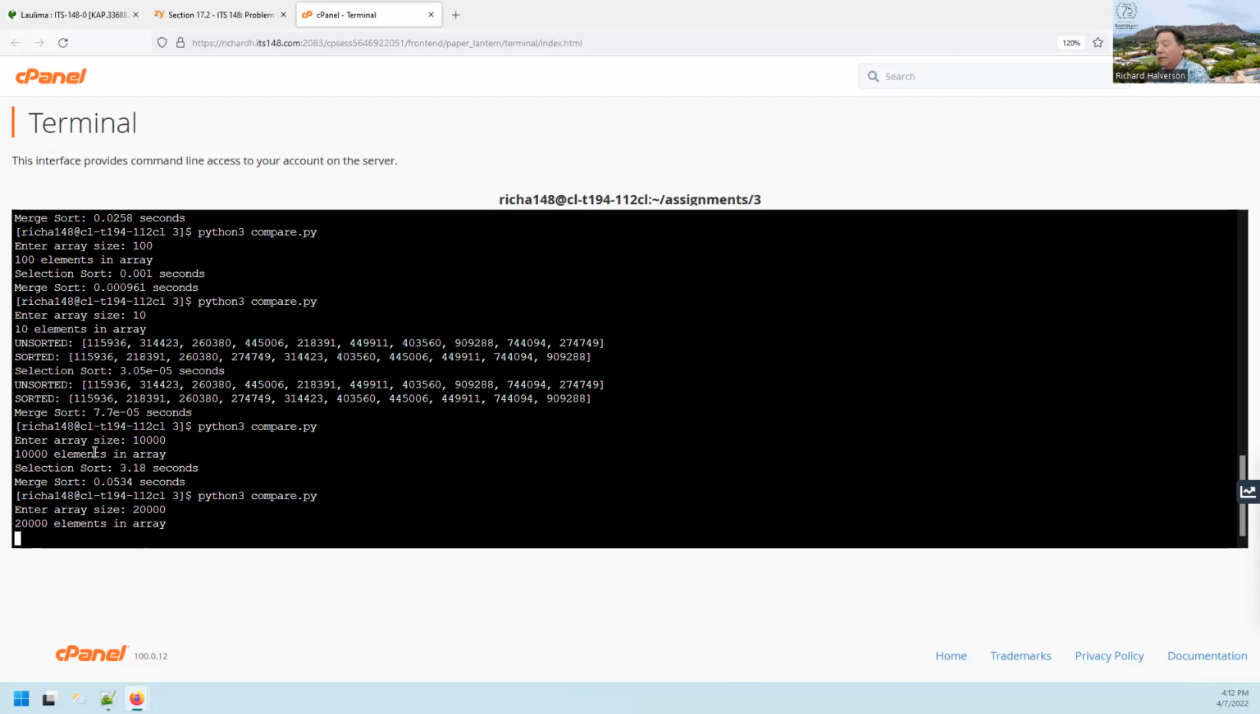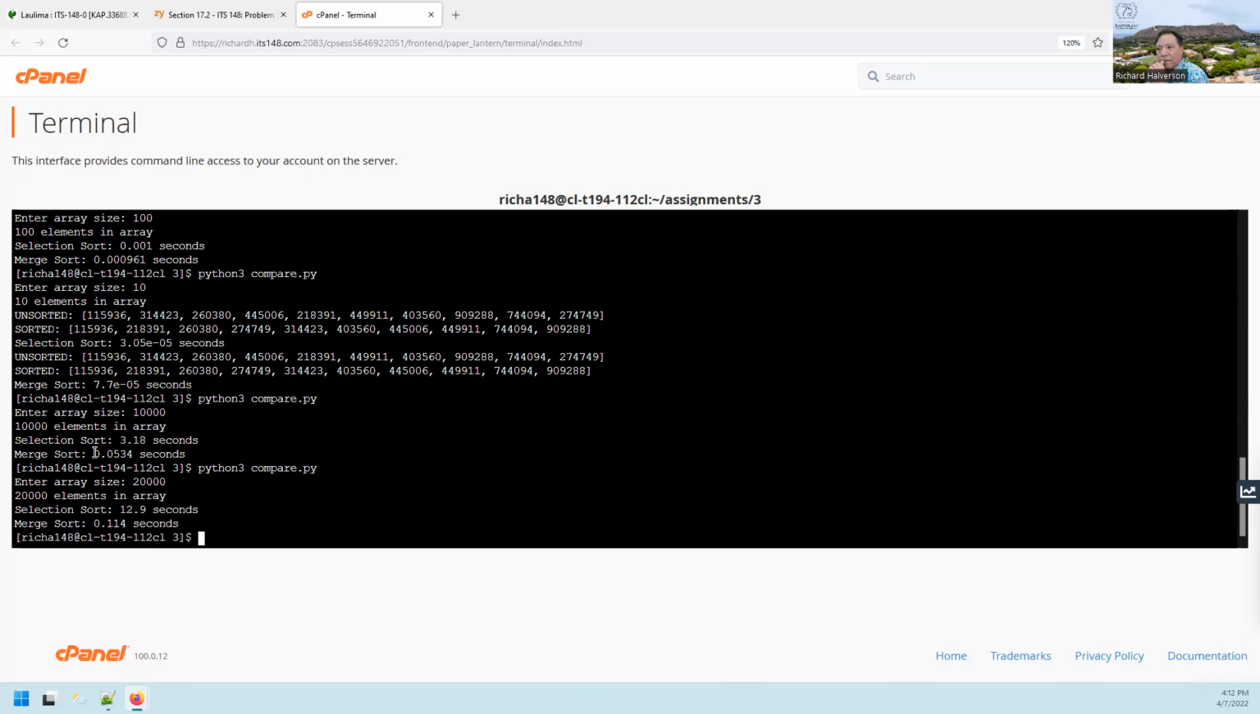Four times 3 is 12, so it might take 12 seconds. Okay, 12 seconds. So 12 seconds for the selection sort, which is 4 times. And from 0.05 to 0.11 is about, I don't know, it's not 4 times. It's like 1.4 times or something. Well, I guess it's more like 2 times. Well, anyway,